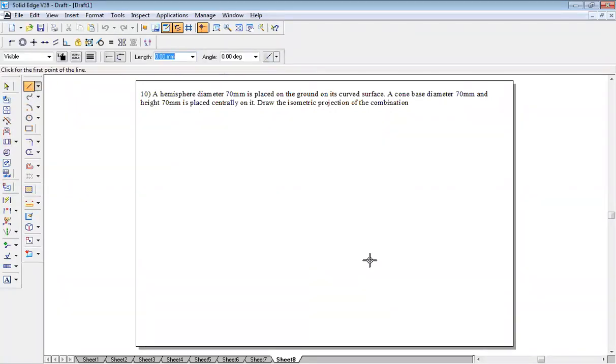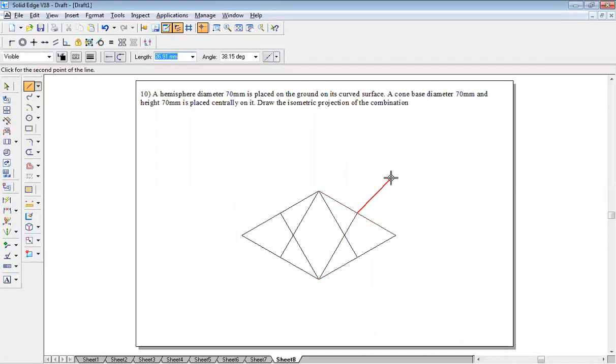Just observe. 70 mm diameter, right? So 70 angle 30, 70 angle 150, 70 angle minus 150, 70 angle minus 30. Okay, so center, shortest diagonal, center, arc by center point method.